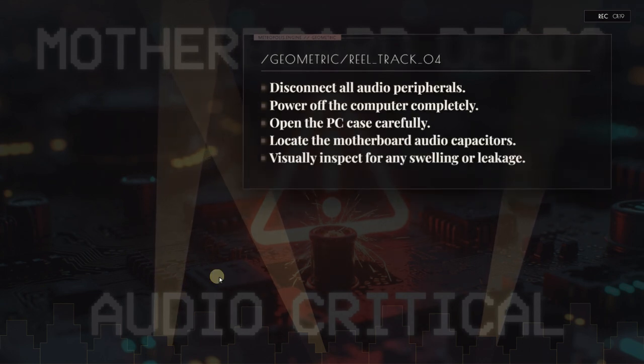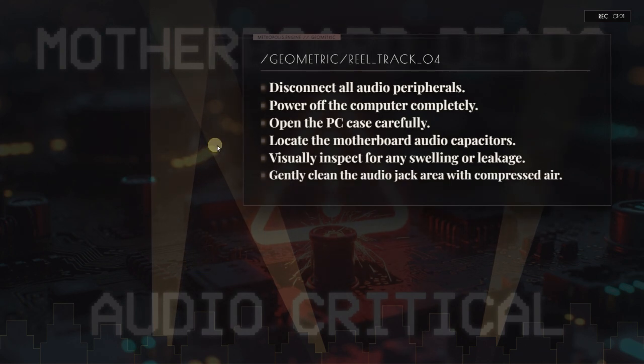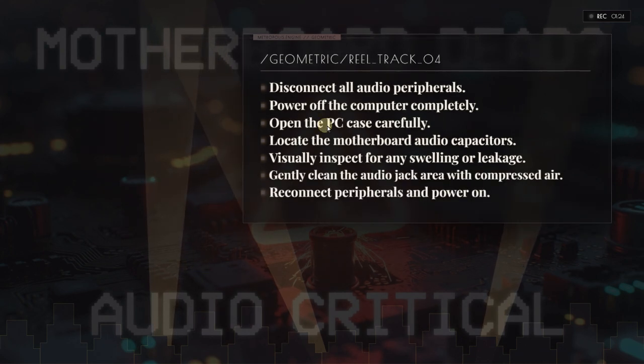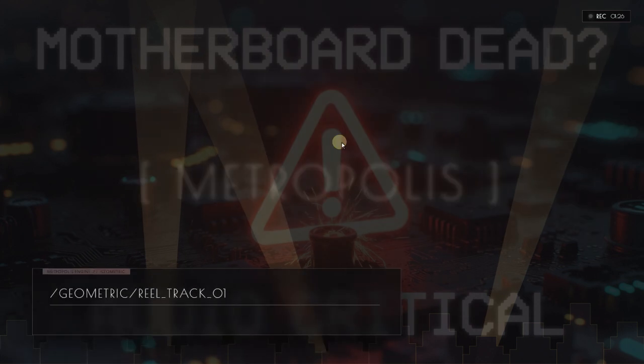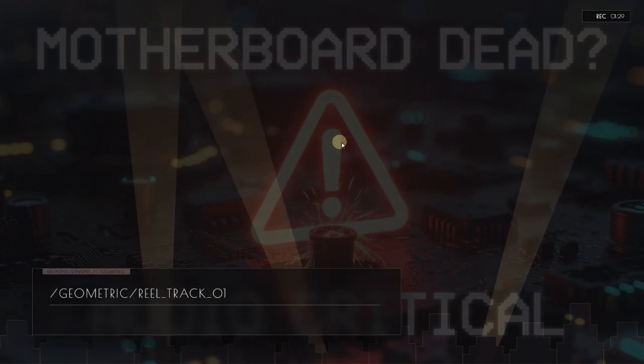Forget expensive repairs or buying a new motherboard. We're talking about bringing your sound back to life right now. Follow these steps precisely. Pause the video and replicate exactly what you see on screen. These methods are designed for